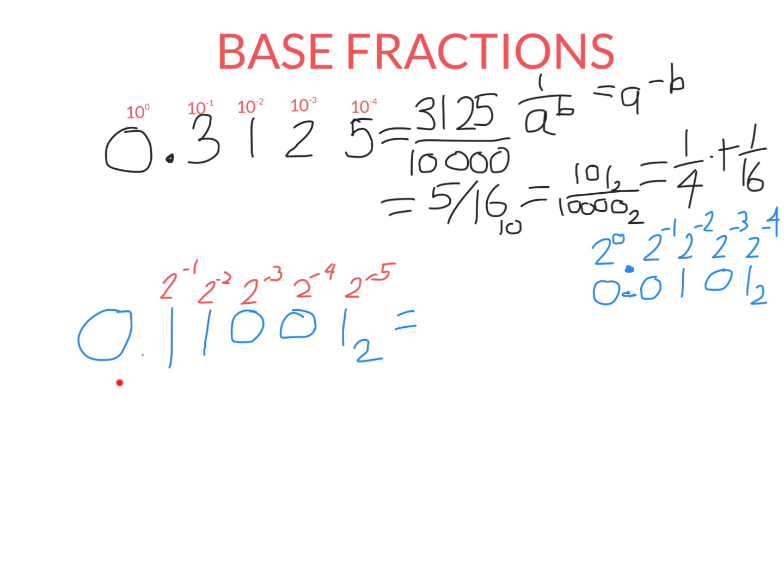What about here if we have a number in binary and we want to convert it to a base 10 fraction? Well, this turns out to be a bit easier. So what we have here is 1 in the halves column, so we have a half. We have 1 in the quarters column. No 8ths, no 16ths, but 1 over 32. So we can simply add these together. We have 16 over 32 plus 8 over 32 plus 1 over 32, and that is 25 over 32